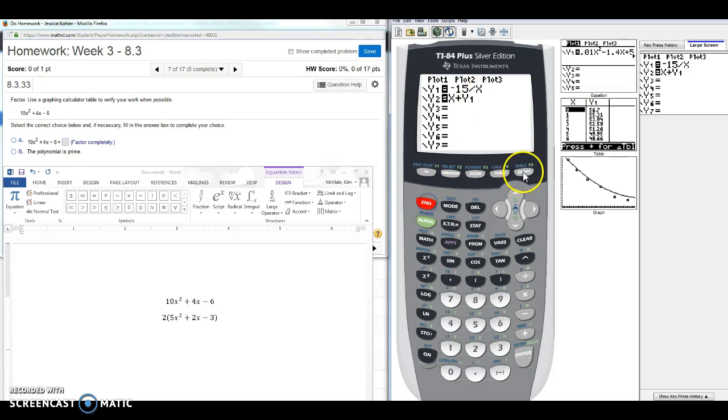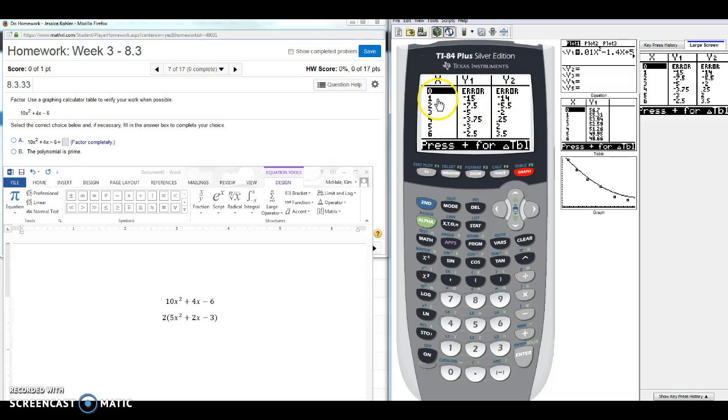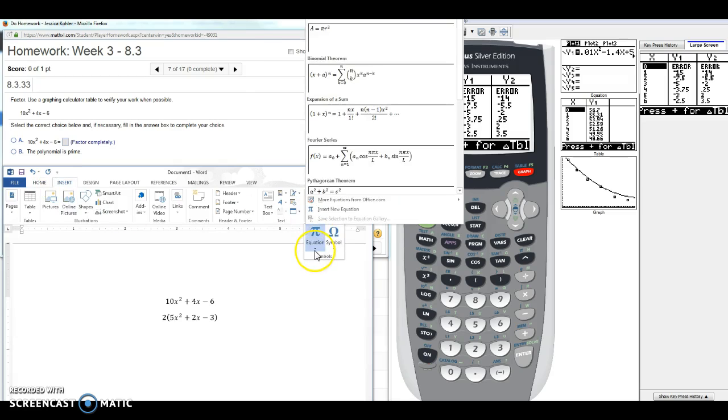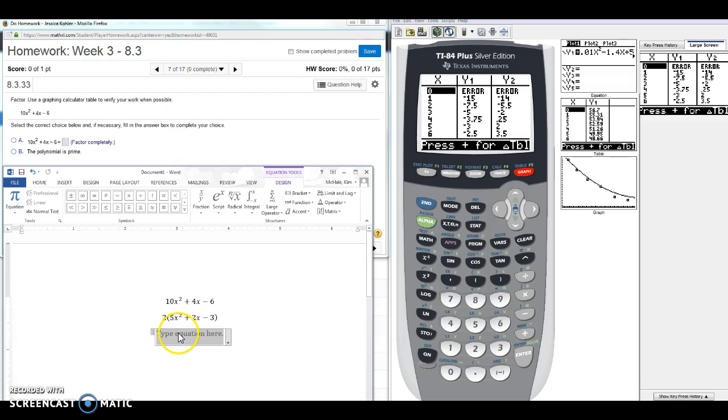And now when I go back to second table, you'll see that, for instance, 1 and negative 15 are factors of negative 15, and they add to negative 14. And I'm interested in one that adds to positive 2, and glancing down I see that this row does. So the two factors I'm interested in are 5 and negative 3. I use those two factors to rewrite my original polynomial as a 4-term polynomial, and then I would like to factor it by grouping. So that 2 just stays on the outside, and I'm going to rewrite my polynomial as